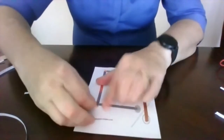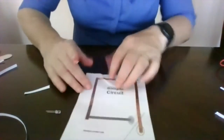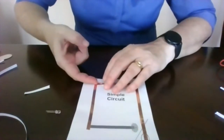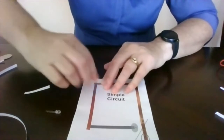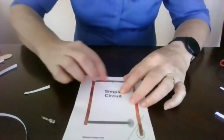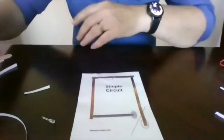So I'm going to take a little piece, and since that's short, what I can do is take another piece on top and put it on, and then still cover that corner, and there's still going to be a connection. Those are all little tricks that I've learned over time